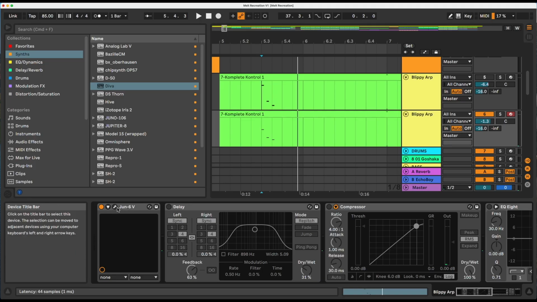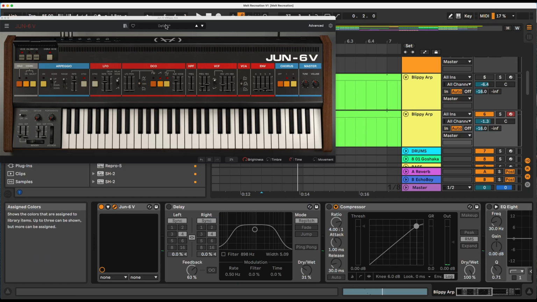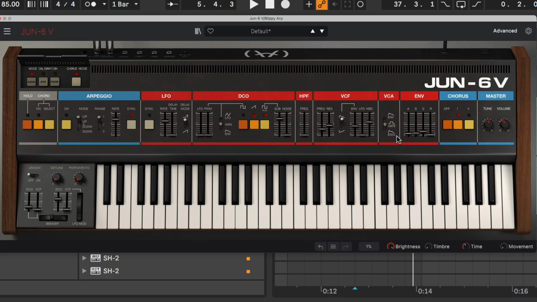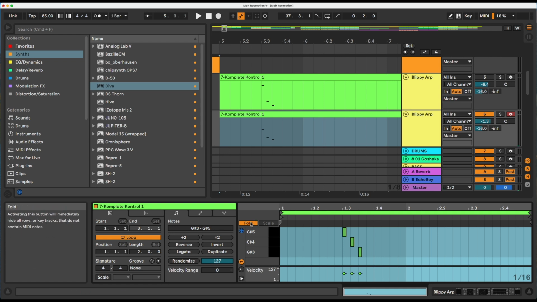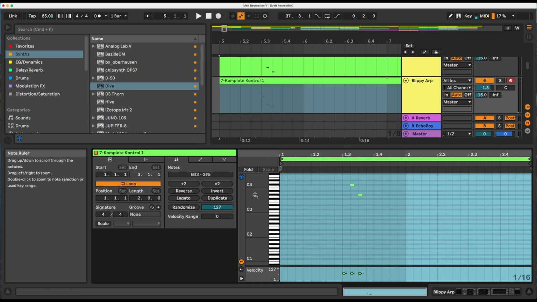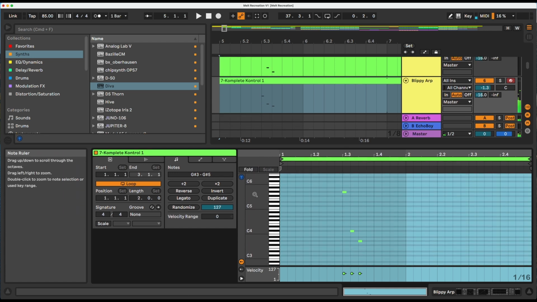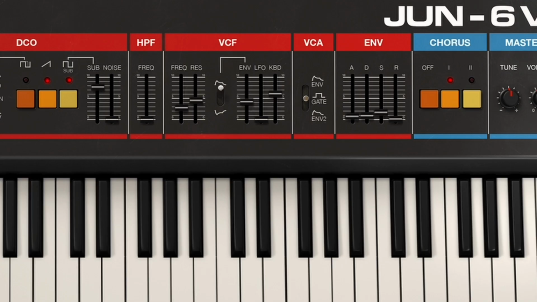I've done it here with the Juno, the Arturia Juno. So we've got basically very short envelope. And the notes, fairly interesting, so that they're quite spread apart. We've got like this... And actually, I used the gate mode instead of the envelope. So this comes in, and then in a minute the drums come in.